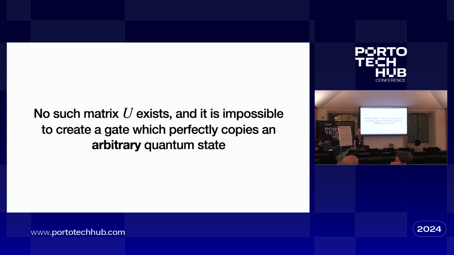Right? To me, it's entirely unintuitive that it should be impossible to copy the state of a qubit. Entirely surprising. It's called the no-cloning theorem, right? Very easy to prove, and yet it seems to say something quite, I don't know whether deep is the right word, but something pretty basic about physics and information.